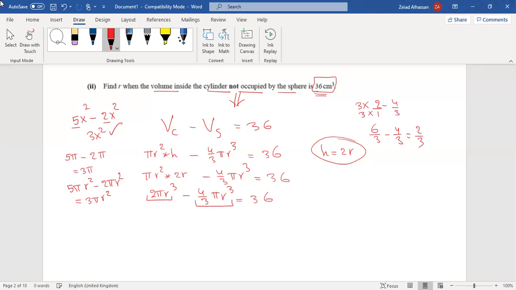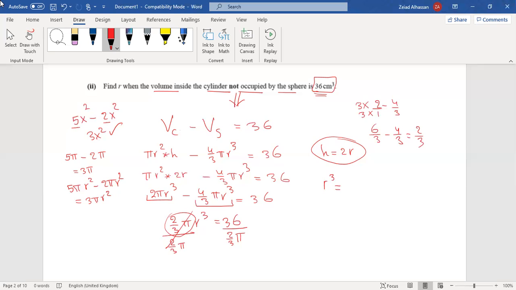So that's 2 over 3 pi r cubed equals 36. Now get rid of this number, divide by 2 over 3 pi. So r cubed is equal to